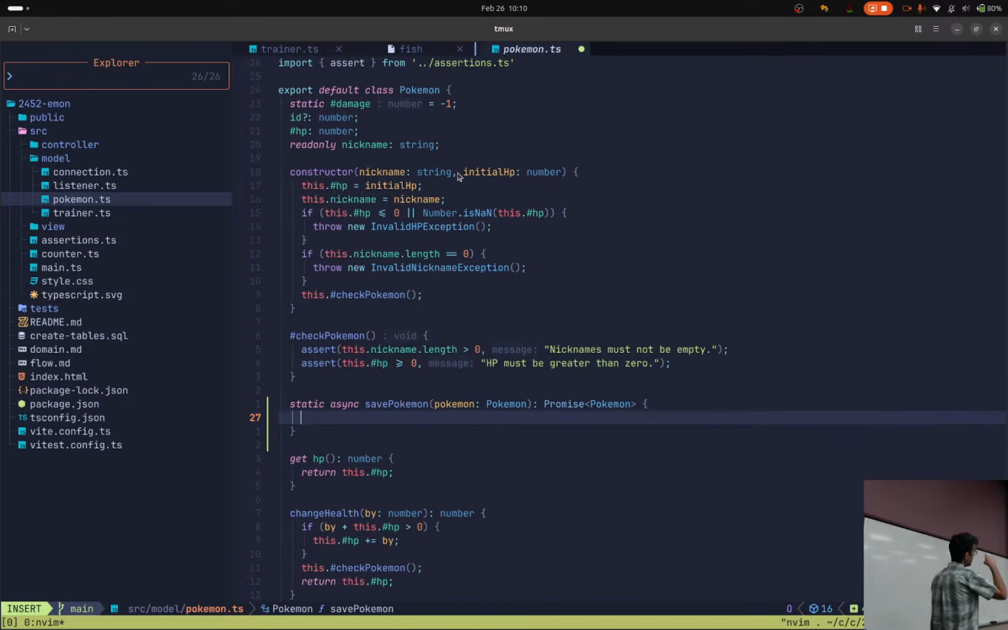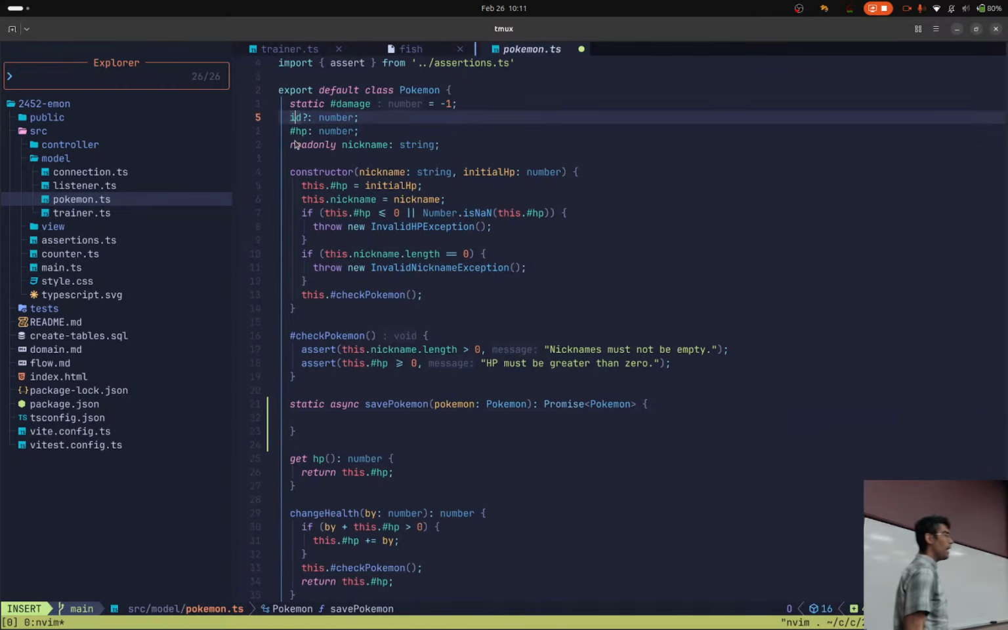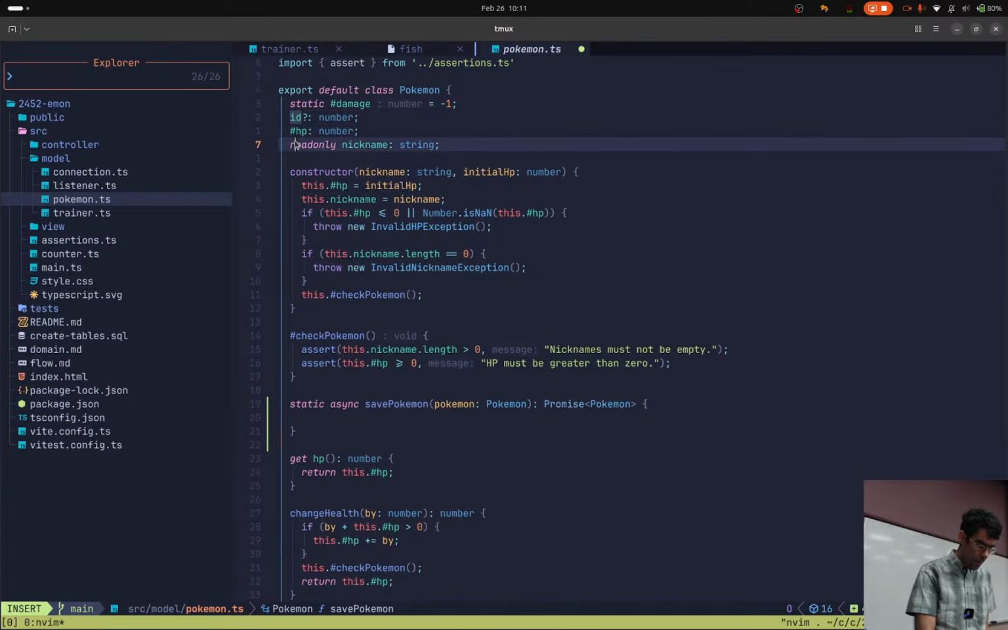Often, and especially in this case, where we have a synthetic ID or a synthetic key for the class that we've got, I'm getting that synthetic key from the database. And so I want to make changes to that class and I want to return it back to you so you know what that key is in that thing that I've made changes to. So I'm going to have this save Pokemon method,